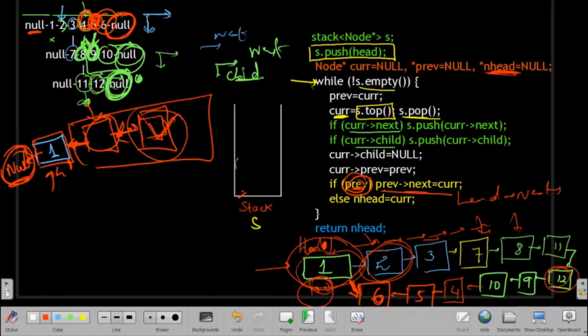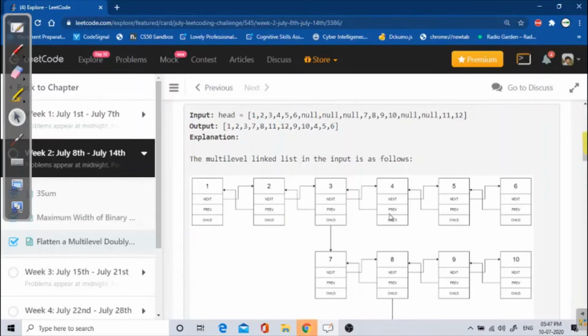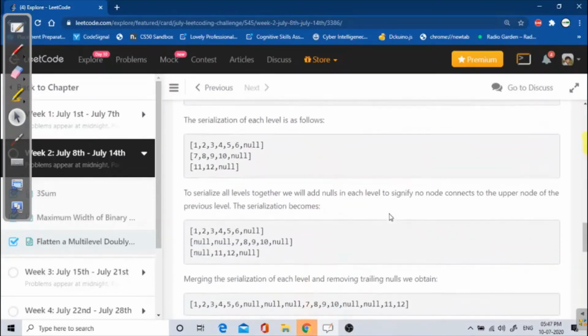But when I find that I don't have any valid previous address, it means this is my new head, that is the new root. So for that I am using this, this is very important guys, because most of the guys know the logic, but while writing they will make this mistake. Even I have also made this mistake, so I have to store that.